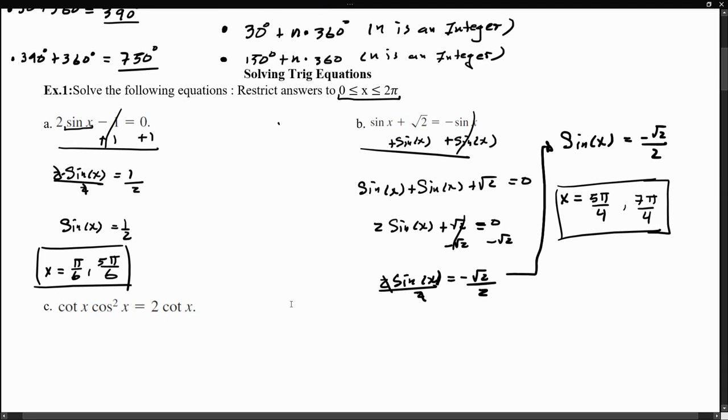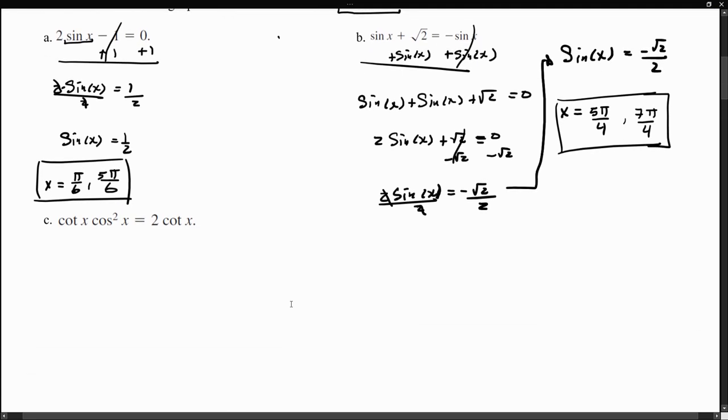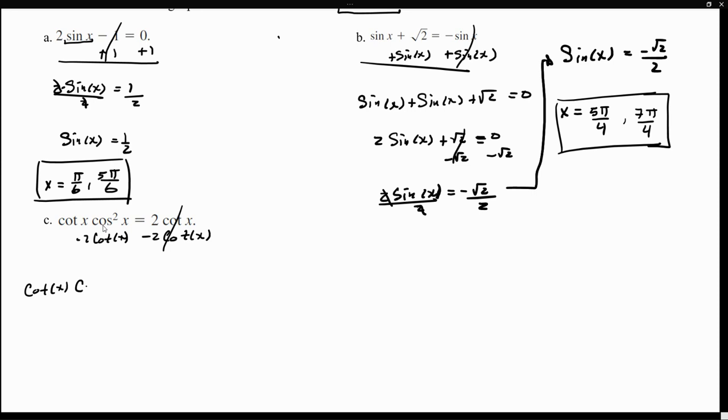All right, so let's take a look at a more complicated example, such as example C, because now we're introducing expressions that have a second degree, and also we're not just talking about one function, because now we're talking about cotangent and cosine. So how can we deal with problems of this form? Well, the strategy doesn't change. Let's start by making the equation equal to 0. So to make the equation equal to 0, I'm going to subtract 2 cotangent of x from both sides. That cancels out. So now we have cotangent of x cosine squared of x minus 2 cotangent of x